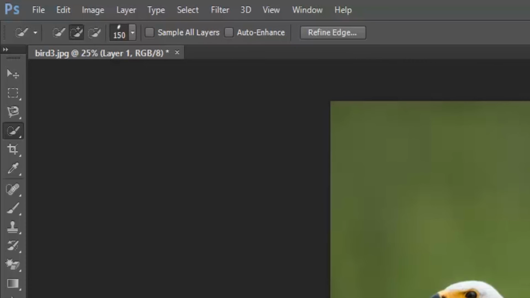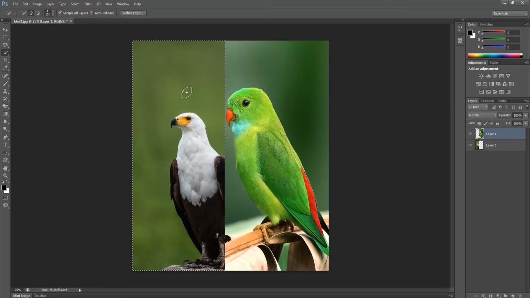Now, let us check the sample all layers option. Now if you make a selection, it selects this particular area from the background layer, which means the tool is taking all the layers present in the layers panel as a sample and it makes a selection.